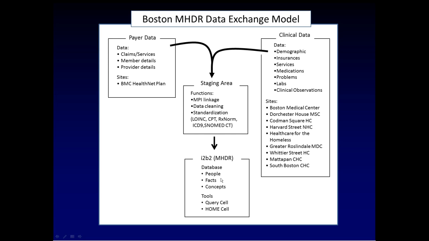And the final database is actually quite simple. It's just one table of people, currently with about 1.4 million people, one table of facts about those people, currently with almost 700 million facts for those 1 million patients, and then a library of concepts that tell us more about the facts and make it possible to navigate through the fact hierarchies. The way that researchers would generally use this is either through the query cell tool itself, or the home cell, which I'll be showing you in just a second, or through data extracts, which aren't shown here. And again, all this data is de-identified. The way we de-identify the data is by altering all dates for an individual by